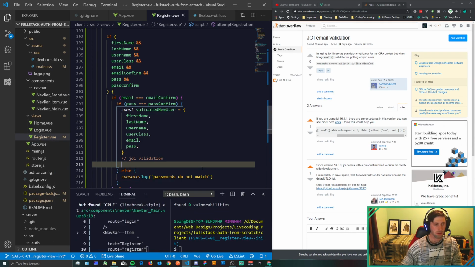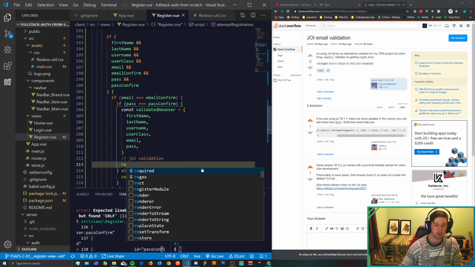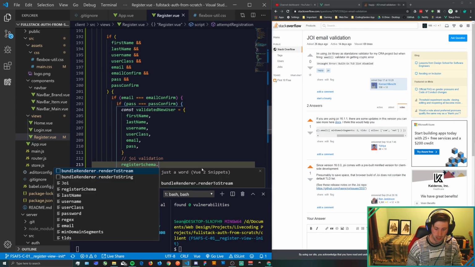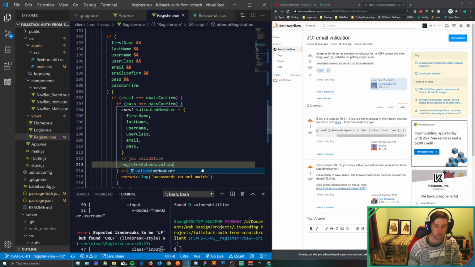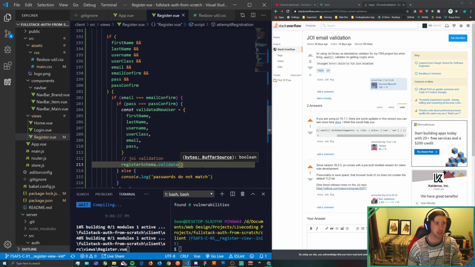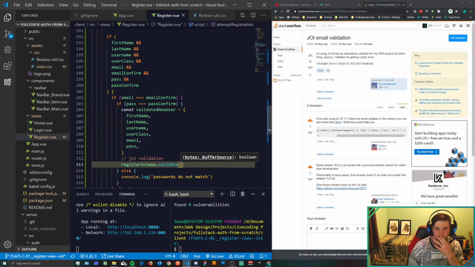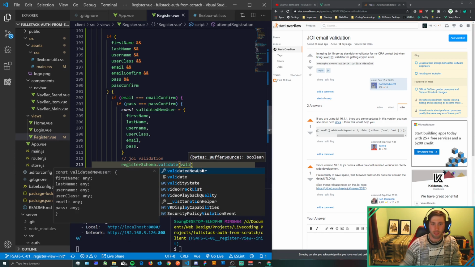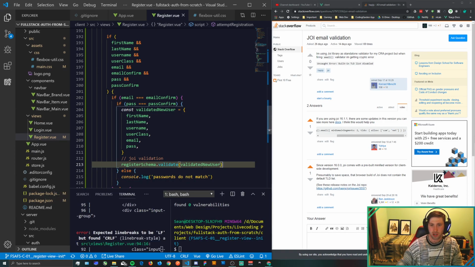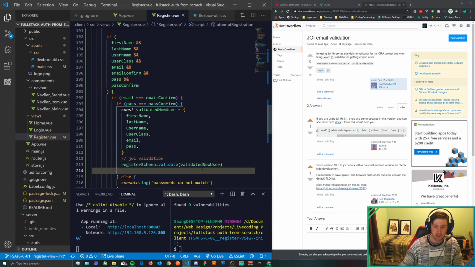Validated. Oh no, it's register. Yeah, register schema dot validate, and then we're gonna pass in the validated new user. Okay. So validated new user, pass in like that, and so this is a promise, and so we can